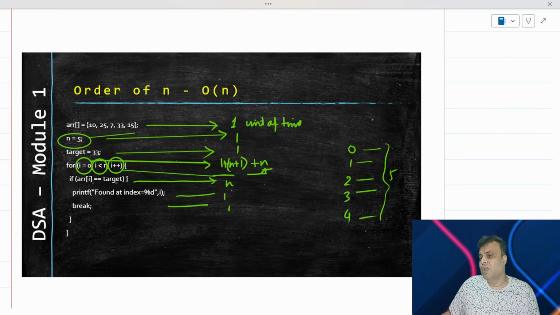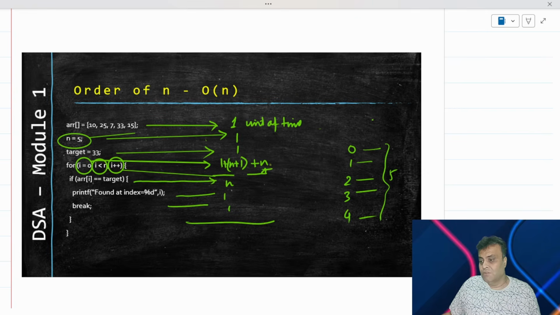If this if would not have been there, all these statements would have been executed n number of times, which is what I had written earlier. Now, overlooking the if, I now see that there is an if, then of course the if will execute itself n number of times, but the print will execute itself only one time, because once it matches with the if, it will exit. So that's the total amount of time that is taken by this algorithm.